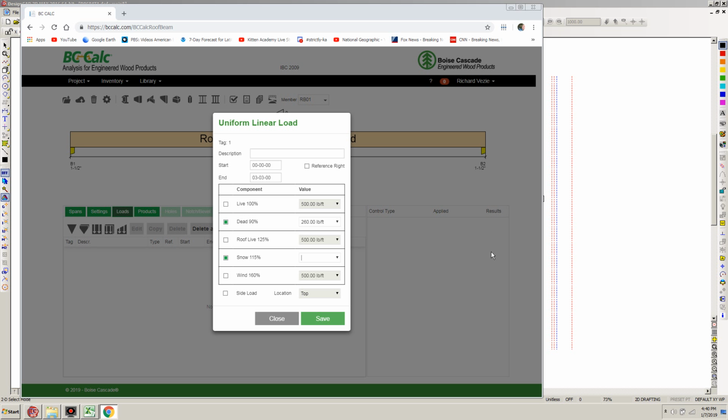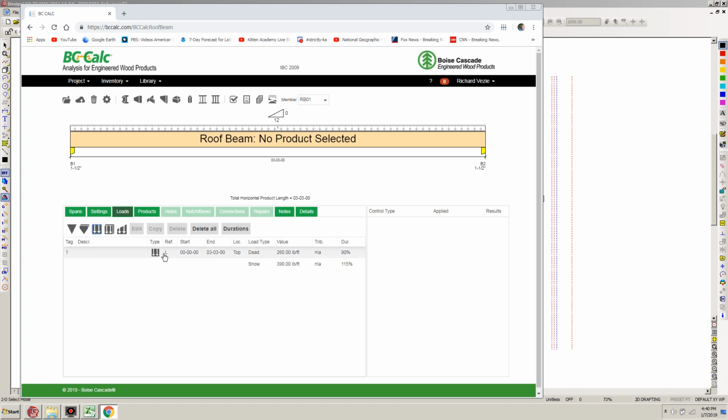Oops. Gotta watch those typos, they'll get you. Okay, and this is right on top, so it's not a side load. So I'm going to go ahead and click save. Okay, so we have that load already entered in, and we also have an additional load that we're going to